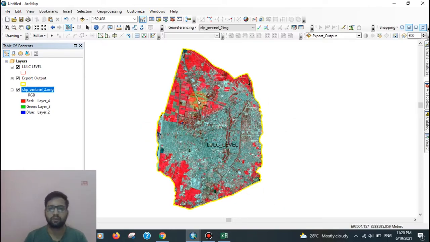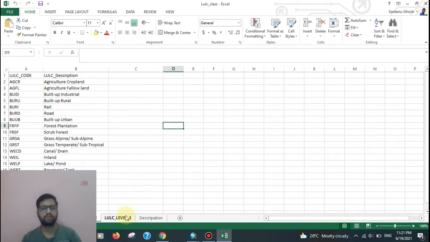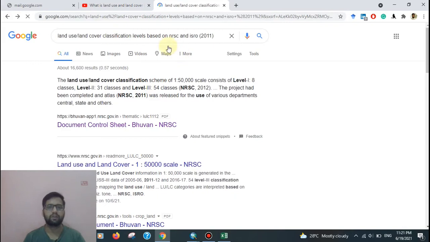After creating the feature class, you have to create a domain, that is the drop down box. That is the pop-up box with level 1, level 2, level 3. If you want the description, go to Google and type land use land cover classification level based on NRC and ISRO.